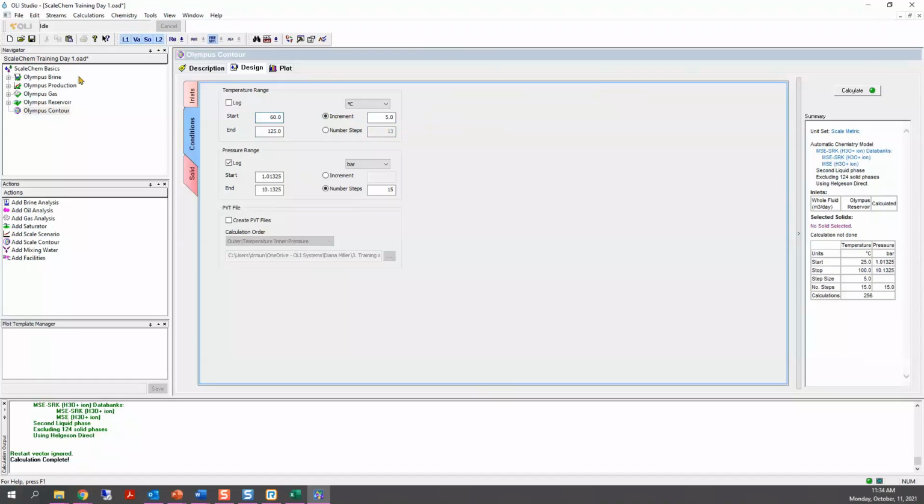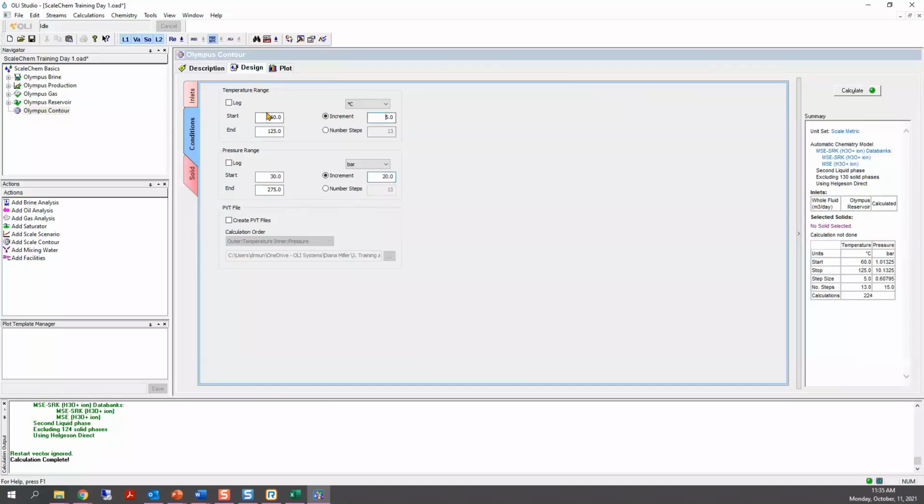Okay. For pressure, we'll do the same. In here, by default, is the logarithmic scale. Make sure that you unclick this, because we don't want a logarithmic scale. I want a linear scale. So for pressure, we'll use the low pressure, again, that is at separator conditions. That's 30. And for the highest pressure, how much was that? 275 bar. Okay. For the increments, I want to do every 20.